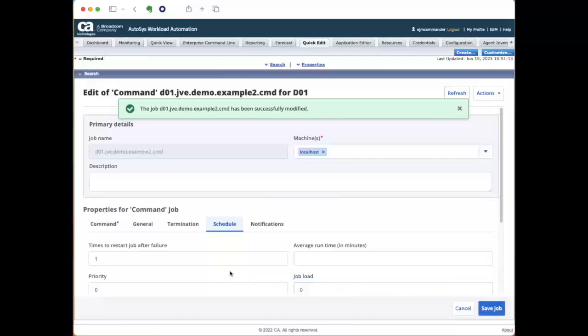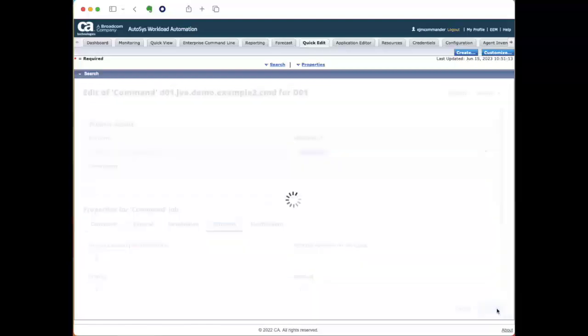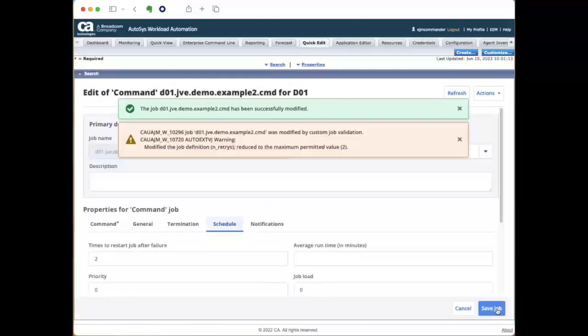Let's try that again, but this time let's set the number of n retries on this job definition to a value that exceeds the threshold that we've provided. Again, I'll save the job definition. And this time, the web UI is telling us that the job modification has been successfully made, but the custom job validation has modified the change and reduced the number of retries to the maximum permitted value, in this case,